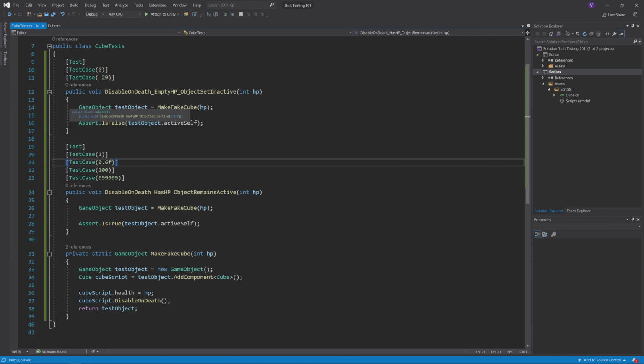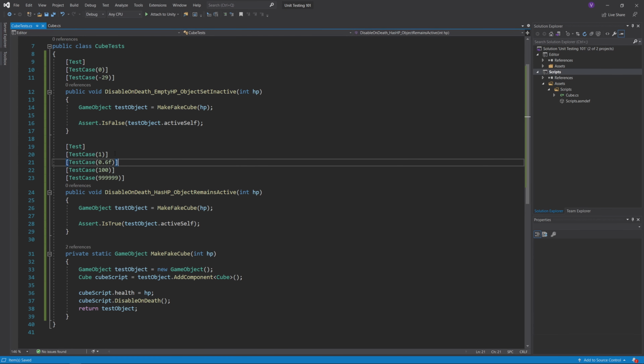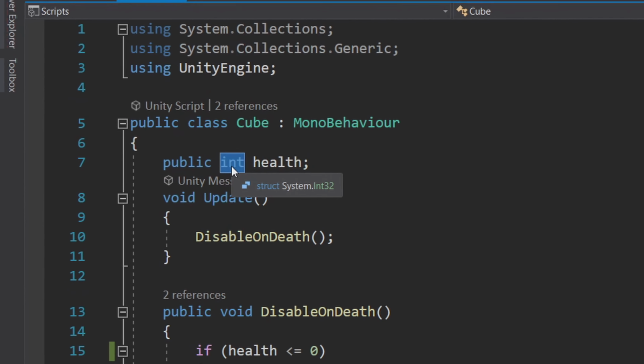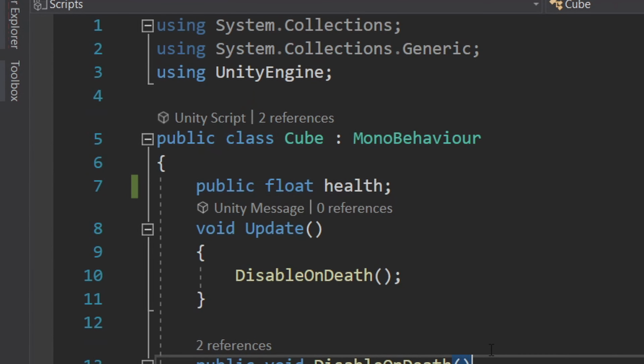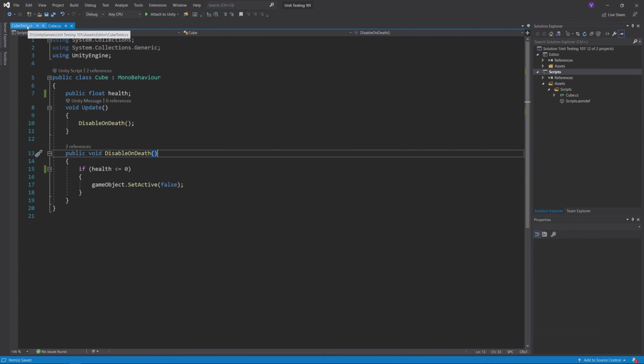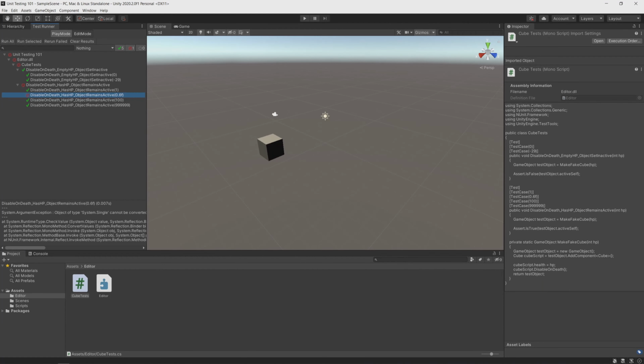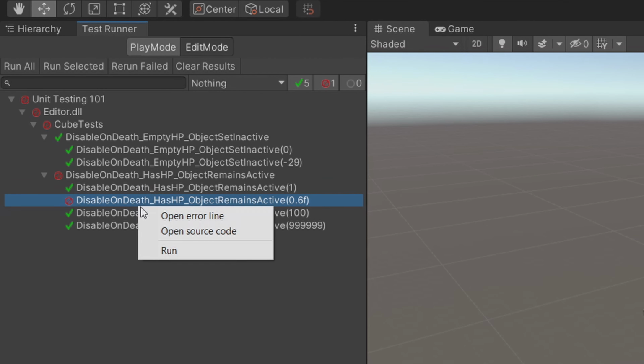And so our test has already shown that there is some unexpected behavior within our cube code. And if you go back to the cube class, we can see, yes, our health is an integer, but we're trying to feed it a float value. And so a simple test here would be to just convert it to float. Or alternatively, we can have different ways of handling this, but this is the simplest solution I can show you here. And in this case, if I go back to Unity, there it is, and I run this test again,